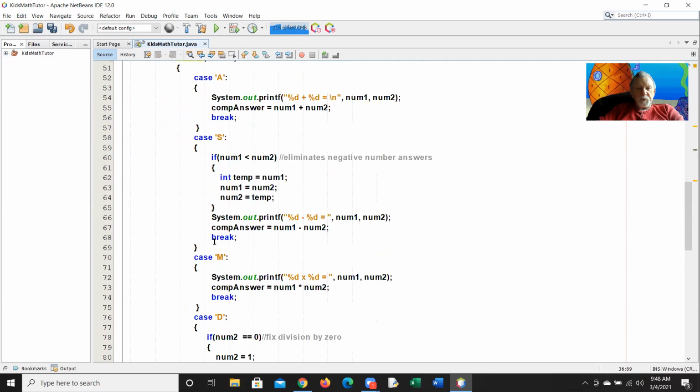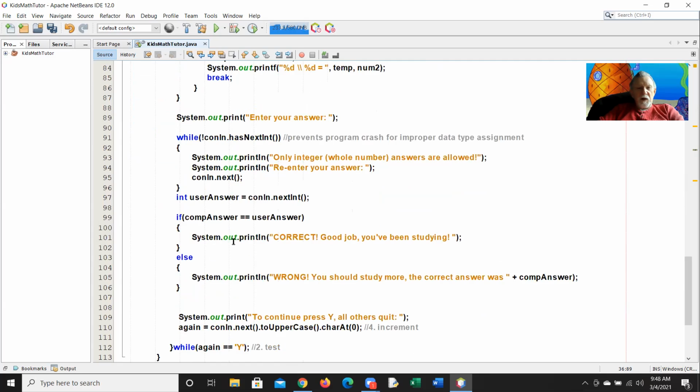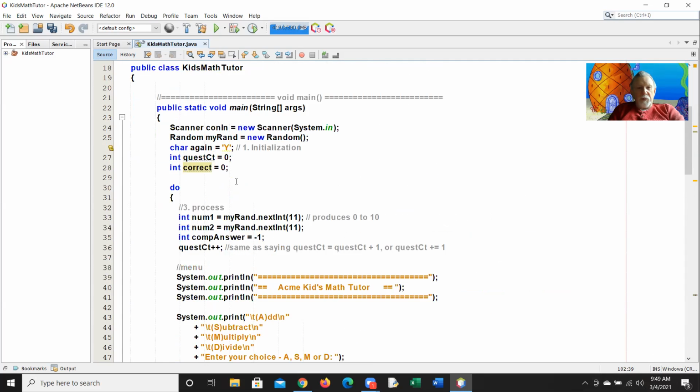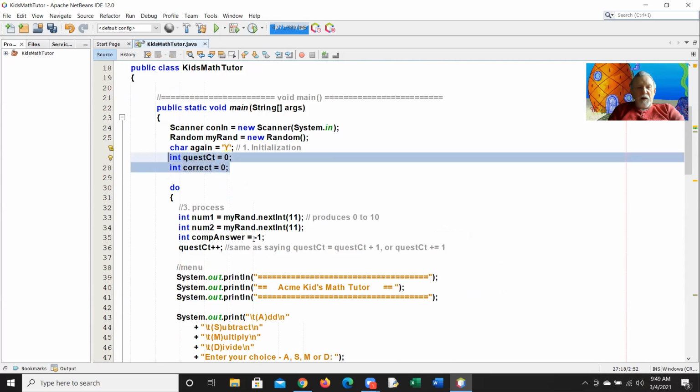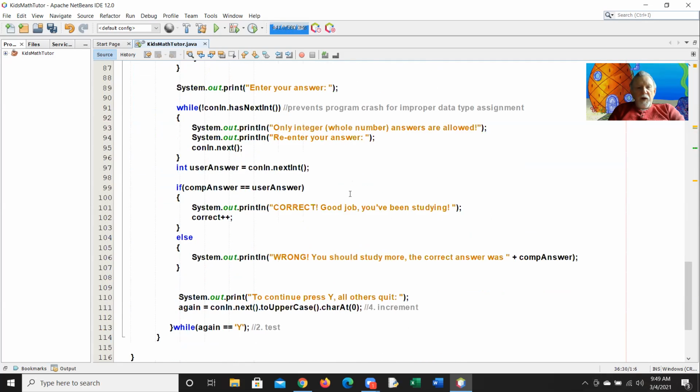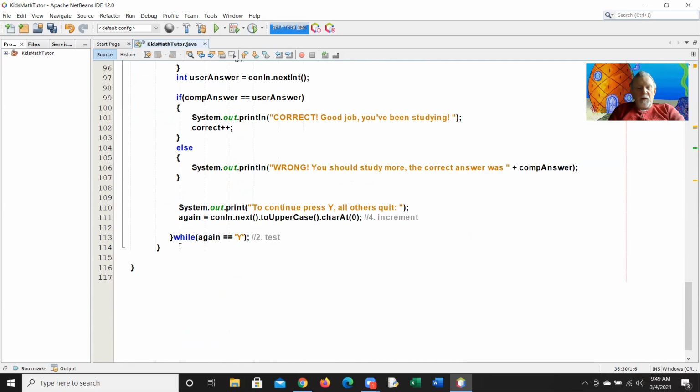So now, if I come down here, in here I can put that correct plus plus, if they get it right. Okay. So I got the 2 variables up here. Every time I run the program inside the do, I'm adding 1 to the question count. When I leave the program, when I'm ready to leave, I come down here after my final Y there, I'm going to go ahead and figure out my